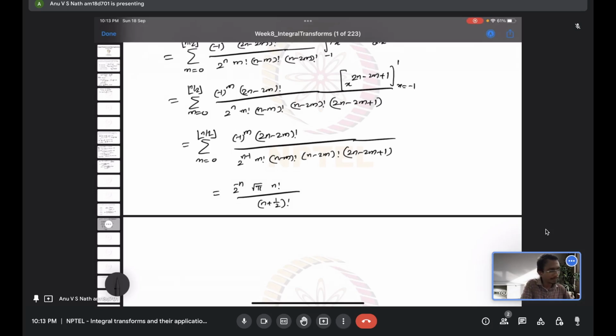So, factorial is fine, but you have a half factorial here, n plus half, because n is an integer mostly. So the issue here is that n plus half factorial. We need to convert it to some